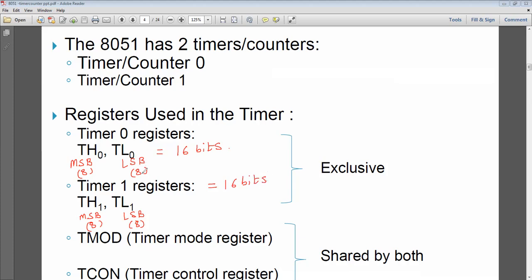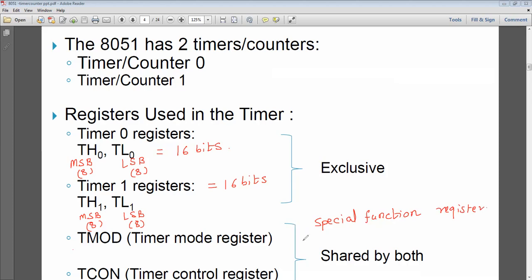Now these are the actual registers which are used by the timer to load the bits and reset the bits, etc., as per the application. There are again two registers. They are called the TMOD register, an abbreviation for timer mode register, and the TCON register, an abbreviation for timer control register. These two registers are called special function registers. They control the operation of a timer.